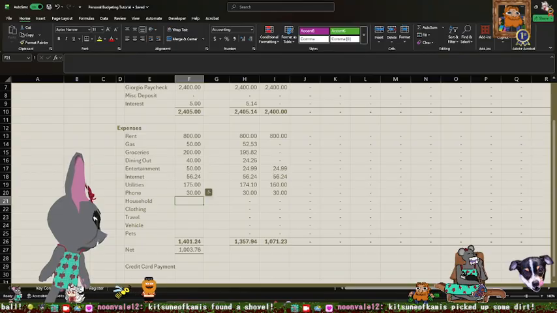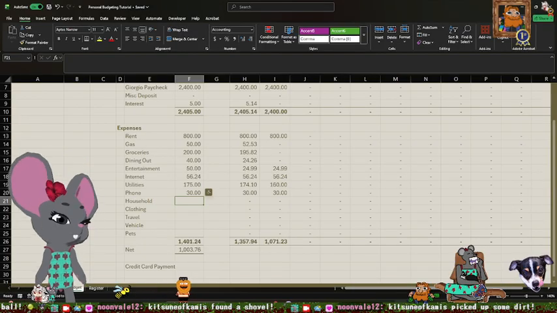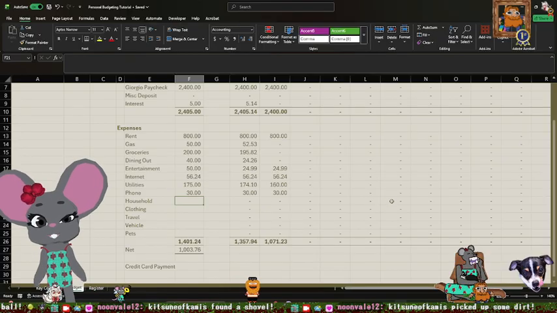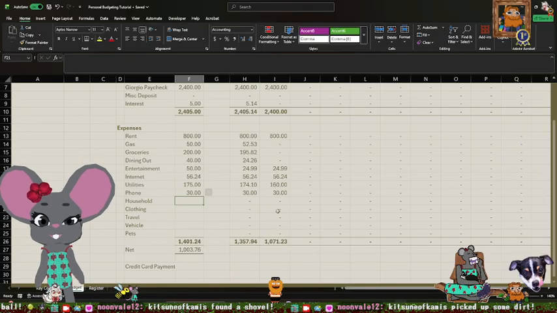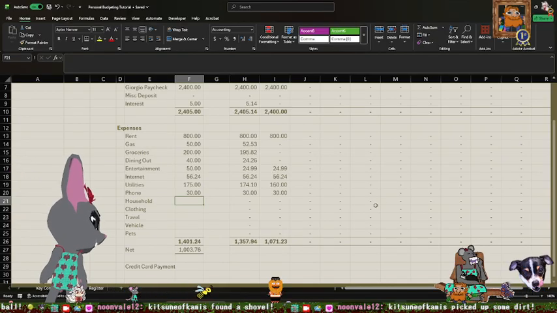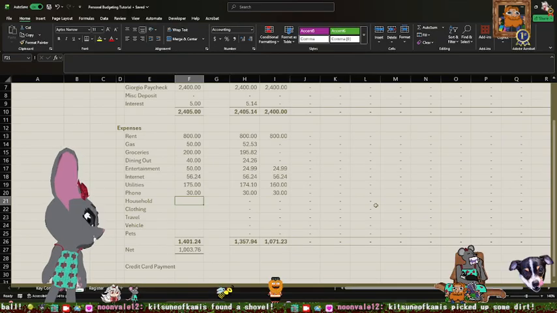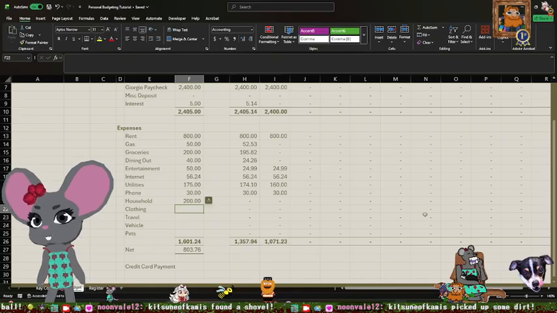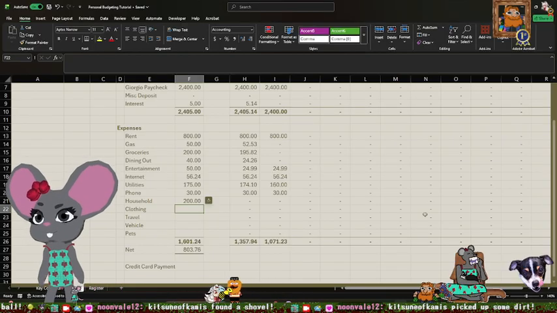But you ought to put some kind of placeholder number, and again, you'll be able to track over time what your average is as you keep an eye on your transactions and they total here to see what your trends are. Let's go ahead and just put in like $200 a month for miscellaneous household necessities.